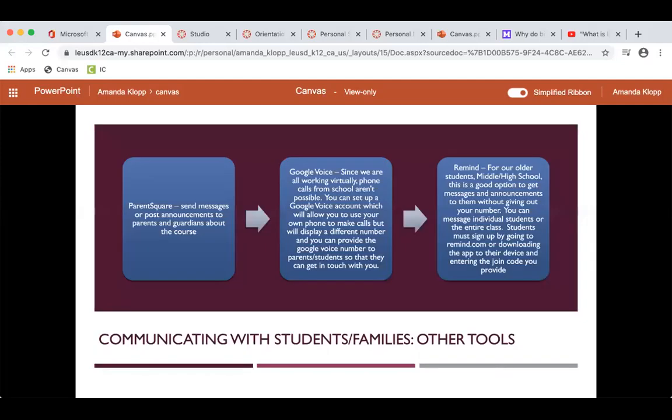And then our other tool is going to be Parent Square. You can post announcements for your class to the guardians. As a virtual teacher, especially when we are putting out a lot of announcements, but not really getting any feedback or knowing whether they're interacting with that announcement too much, I know Parent Square tells you who received it and who read it, but I would definitely suggest